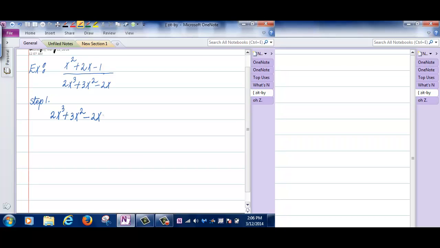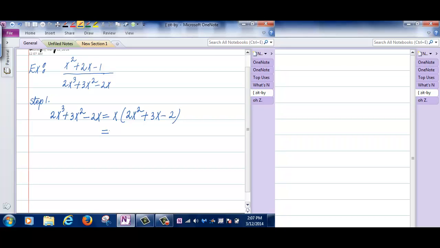How do I factor that? I factor out the common x first, then I get 2x squared plus 3x minus 2, and then I need